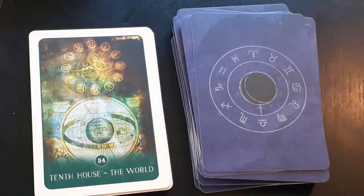Tenth house, the world. Power, your position of power, and how you are thrust into it. Reigning powers, influential people, meeting persons in power, the world, world travels, the public, the masculine principle, the father, the husband, the most important man in your life, the subject of the reading. If male, your reputation, how you are viewed, fame and infamy, your legacy, the upper spine, physical endurance, aging, measure,